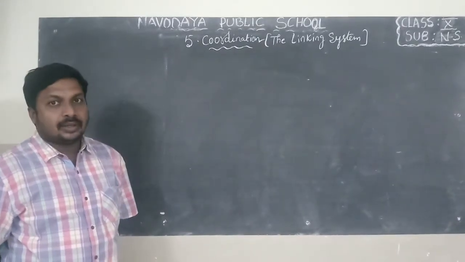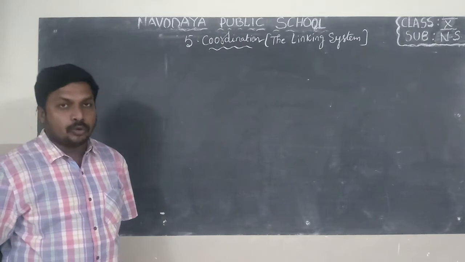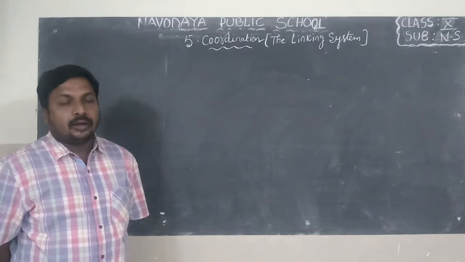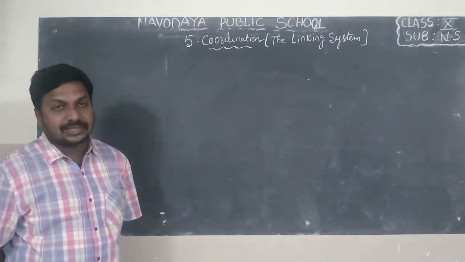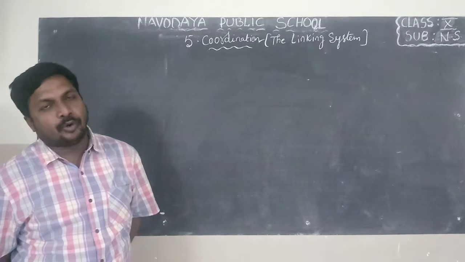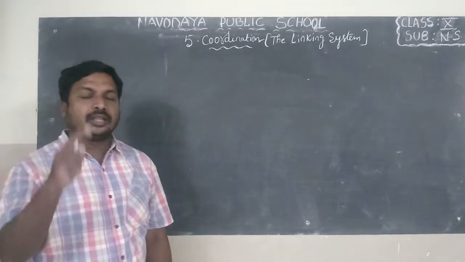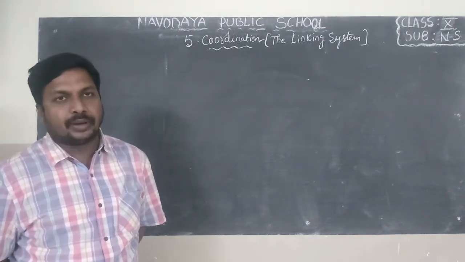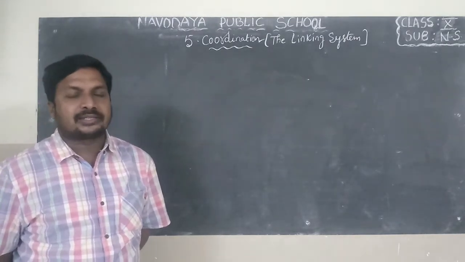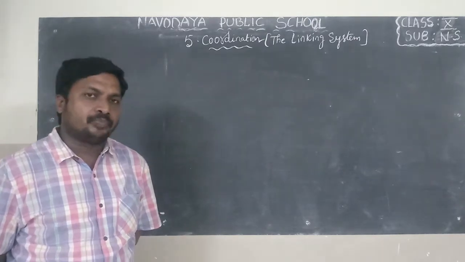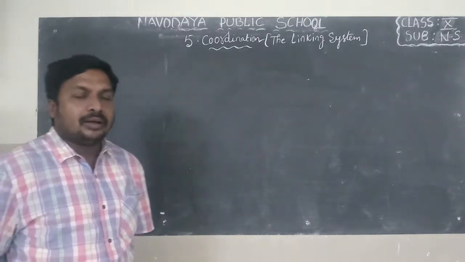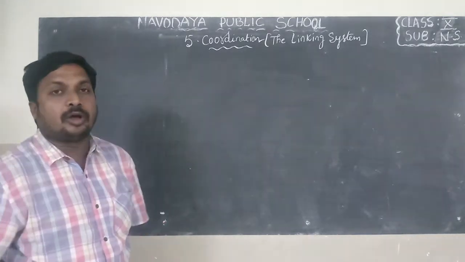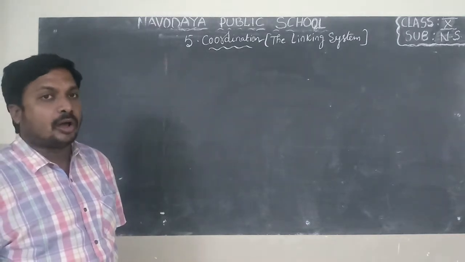In the previous class I explained some hormones in the human body. The first one is the adrenaline hormone, and I also explained about insulin. These are the two hormones which are responsible for metabolic activities in the human body. Insulin helps to convert extra glucose in our body into glycogen, and adrenaline is responsible for emotions in our body. That's why the adrenaline hormone is also called the fight or flight hormone.